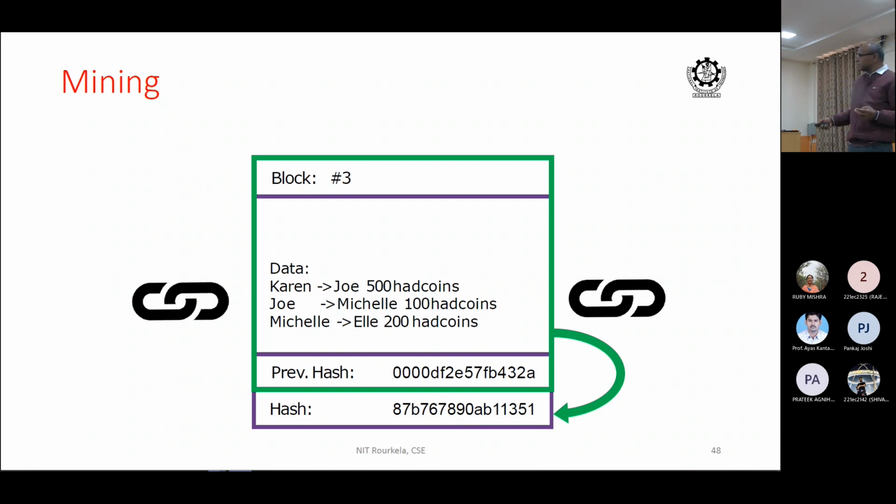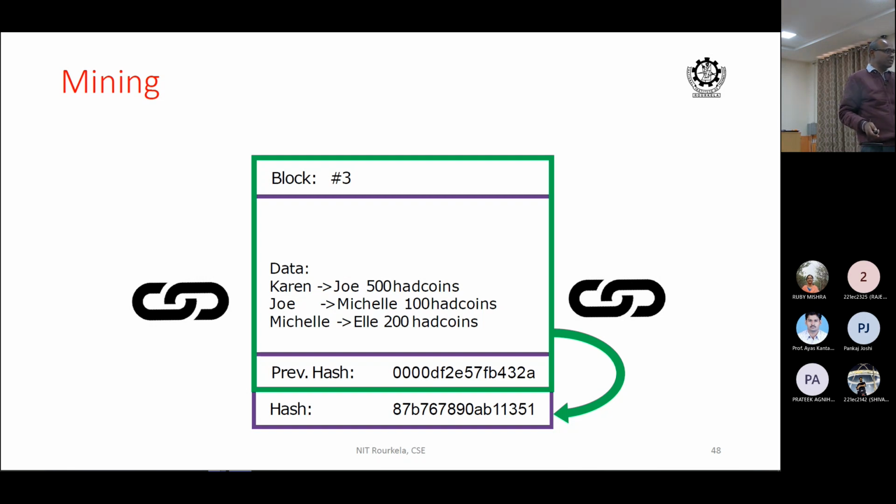Now here he says the hash begins with 4 zeros. These are all hexadecimal numbers, so the first 16 bits are zeros. I will explain why the first 16 bits are zero. Then it's a hash, and you have to generate this hash. If I pass the previous hash and the transactions through a 256-bit hash function, I get 256 bits. Now, if you look at my previous hash, it starts with 4 zeros, which means any hash that you generate must have at least the 16 most significant bits as zero.